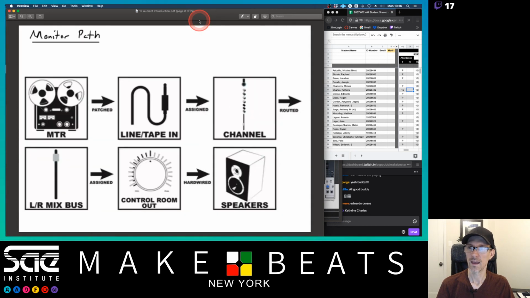Input path and the monitor path. So this is all stuff that, before we actually get to the Audient, this is the kind of stuff that we are talking about. So what we're going to do is we're going to take a little break now,